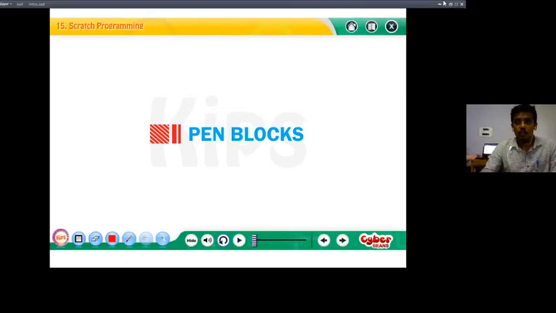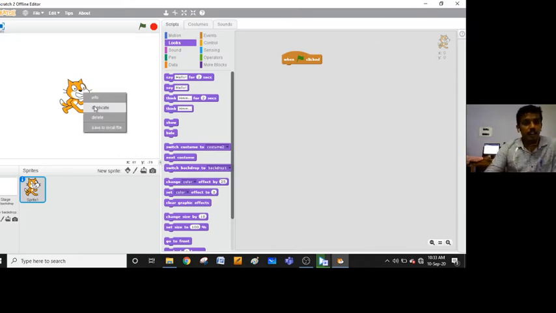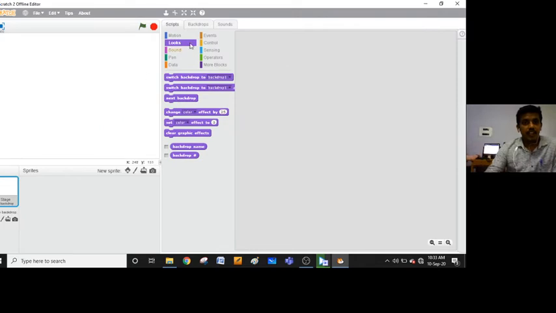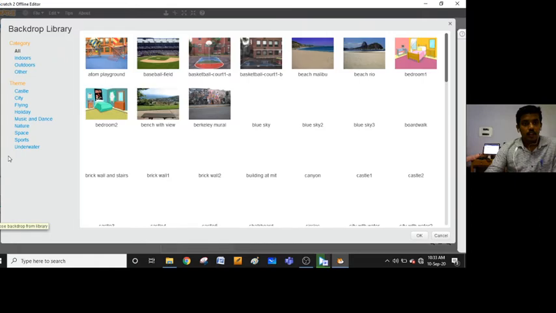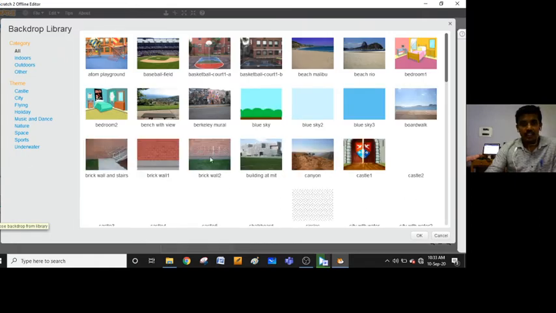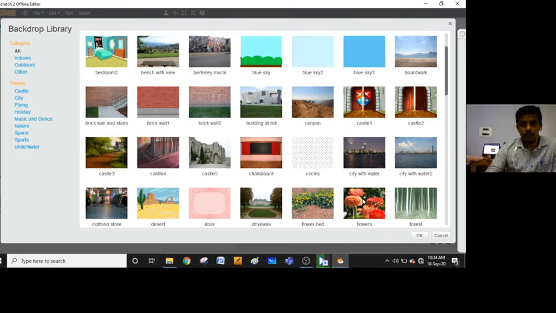So now, how to change the sprite or how to choose a different backdrop from the library, we will make that particular project shown in the video presentation. So first I am deleting that particular sprite. Open Scratch, I am deleting this sprite. Now it is deleted. Now I am going for the new backdrop. Click on new backdrop. I am taking the particular tree object. See tree backdrop. If I click, I will get it.